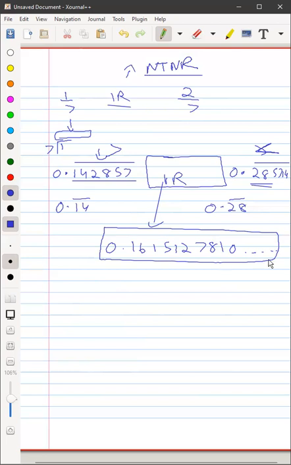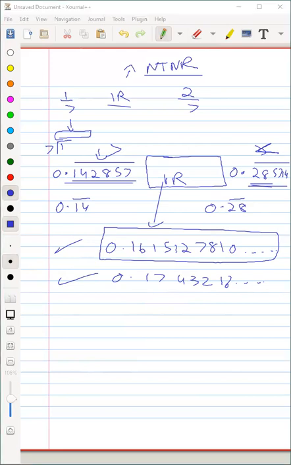We take a non-terminating, non-recurring decimal. Don't do 0.1666 like this. This will be wrong. Why? Because this is a rational number, and they are asking for an irrational number. So can I also write 0.17 then 43216? Correct. Yeah, anything between this number and this number. That doesn't matter at all. Just make sure that nothing is repeating. Okay. Copy this down: how to insert an irrational number between two rational numbers.